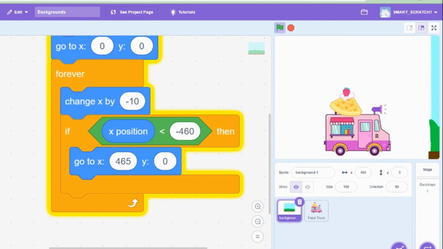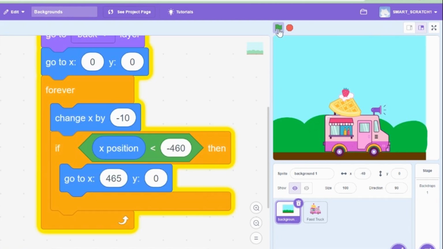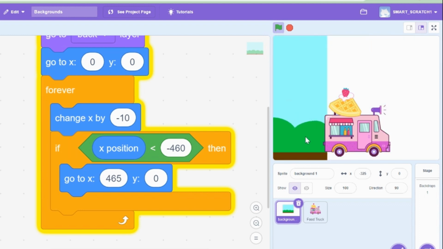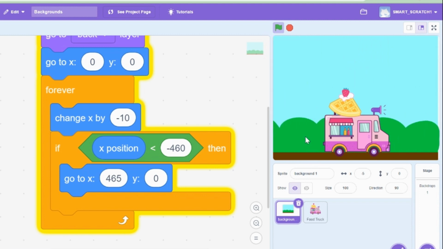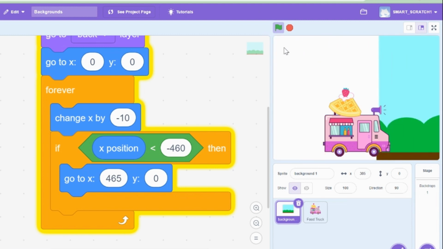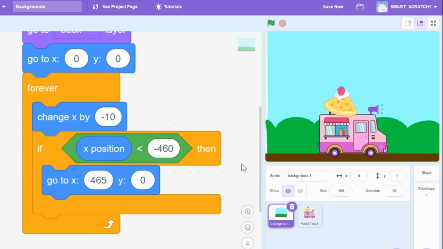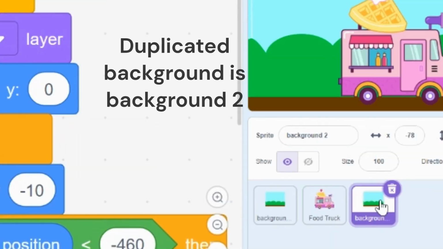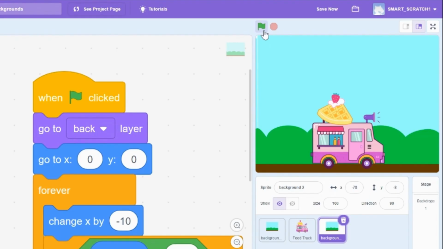Cool. Now you can see the problem here. It's showing this white space. How can I hide that or put something there? So what I'm going to do is duplicate Background 1. Right click and click on duplicate, and you can see there's Background 2. So when I run this,